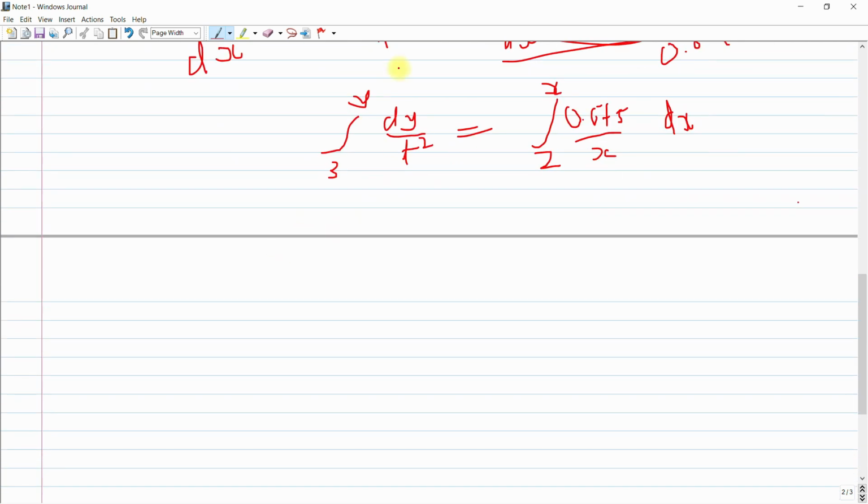If you solve this equation, it will become 1 by t squared